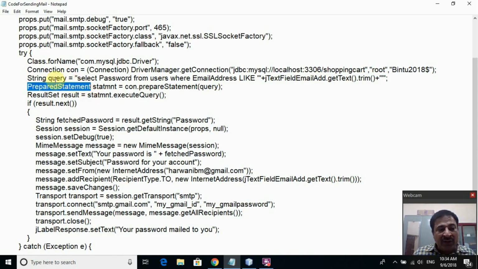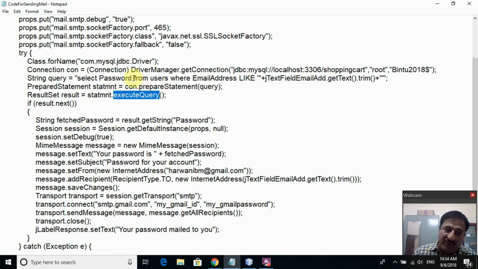For executing this query, you need one object of PreparedStatement class. So you are creating an object statement of PreparedStatement class, and you are passing that query through the prepareStatement method of the connection object, right? So this query is applied to this statement object, and through the executeQuery method, you are executing that SQL statement.